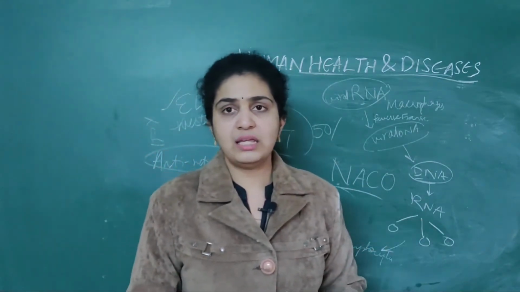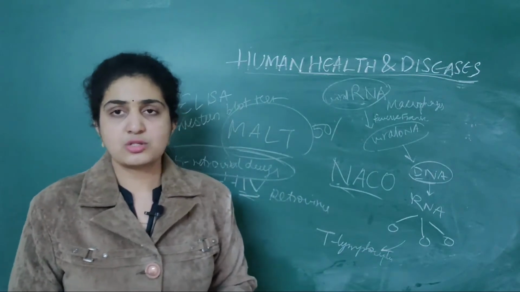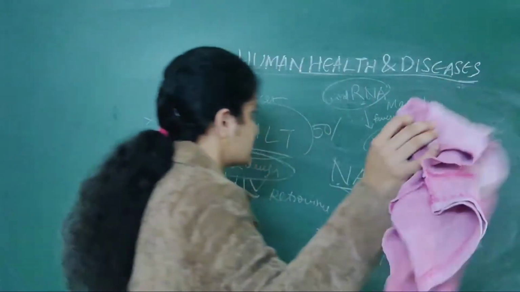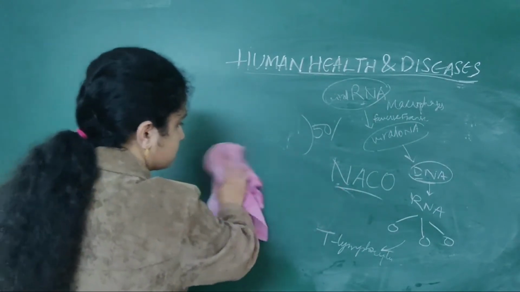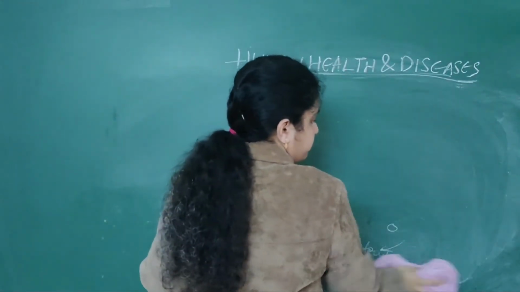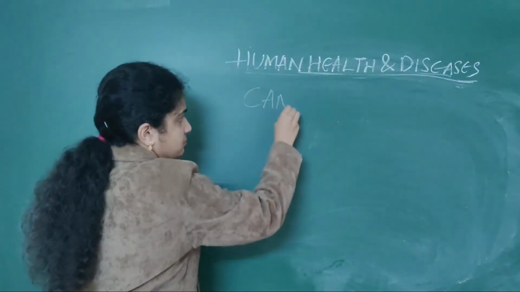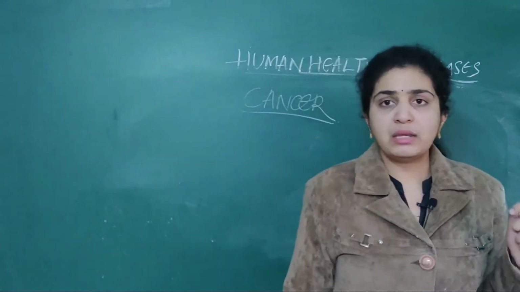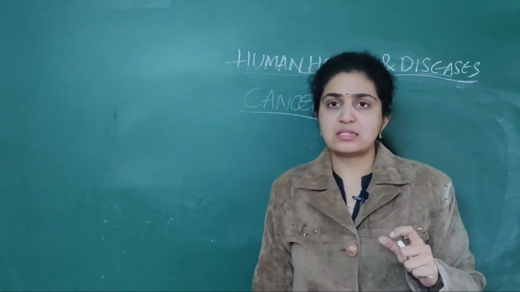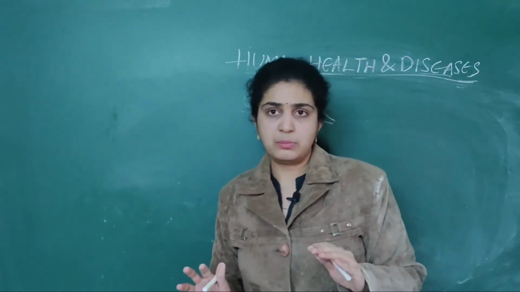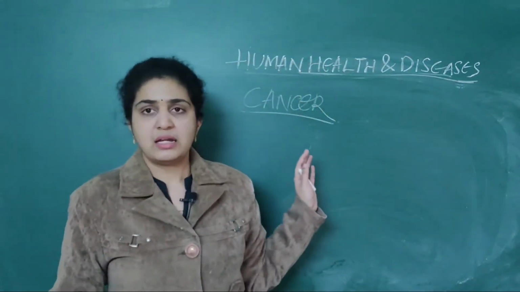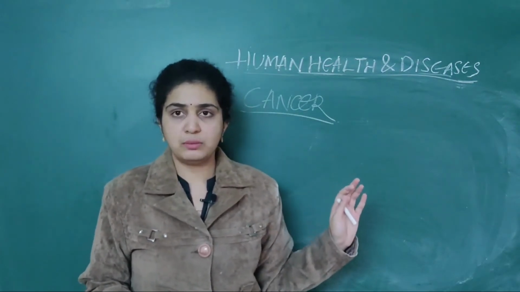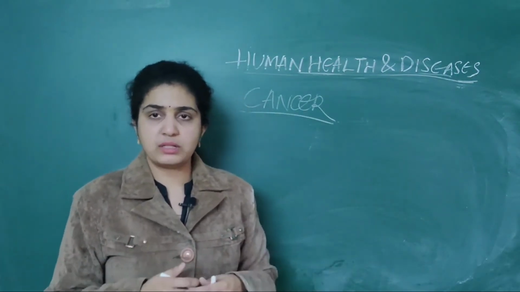Next we are going to deal with another disease called cancer. Cancer is also the most common deadly disease in this world. Many people were killed after AIDS. Cancer also, numerous people were killed due to this cancer, and it is the most deadly disease of human beings. Mostly it is spread all over the country.